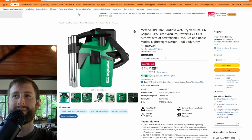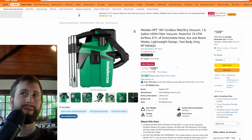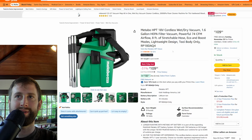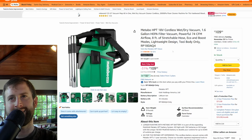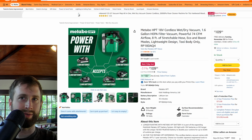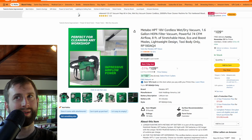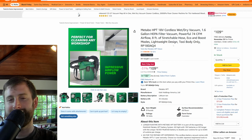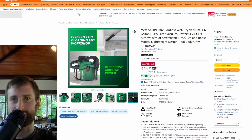Also, this is one deal I want to pick up here. $109 for the Metabo HPT battery vacuum. This has the 8-foot hose here and a shoulder strap, and you can carry it around and clean up some stuff. Reviews on this have been a hair mixed, but if you're in the Makita line like I am, they don't make a really good construction vacuum. This is your better option anyways, for more construction, general purpose cleanup,